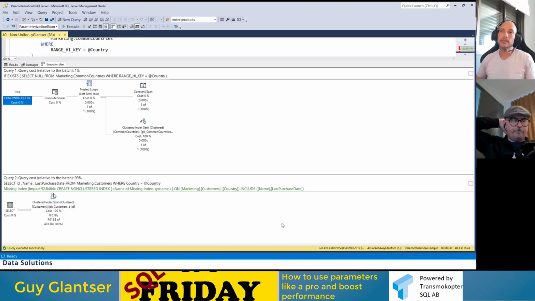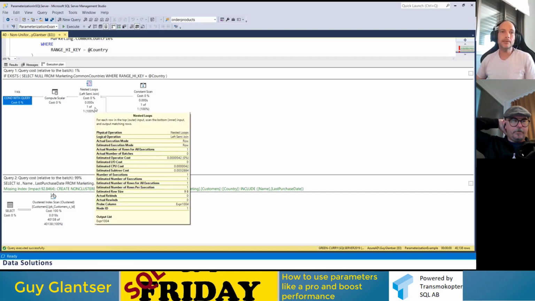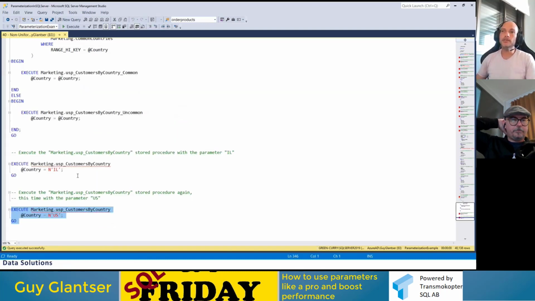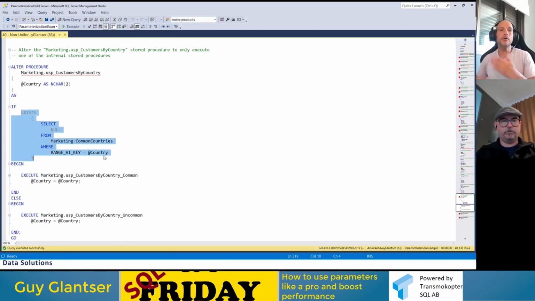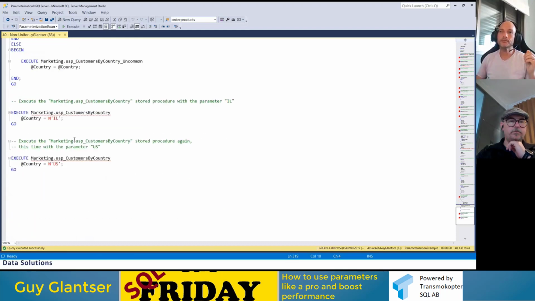The bad news is that we pay for this overhead. Sometimes the cost of checking the if exists might be more than compiling each time. So we might not gain anything in this case, because we still need to check each time, and maybe it requires more CPU resources. It really depends on the workload, on the query, on the table, and so on. In some cases, I tried it and it worked really well. In others it didn't, but it's worth trying.